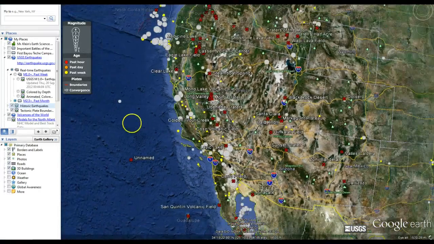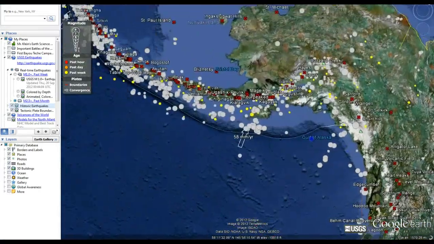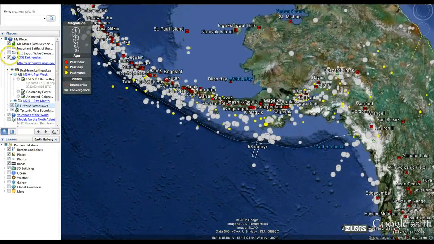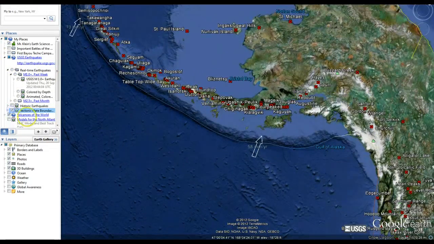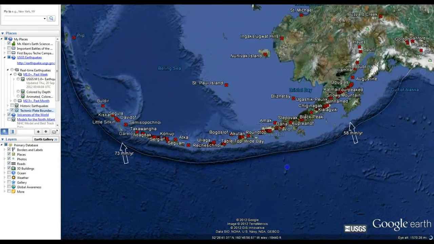Japan is the best example, and actually this is what we saw at the very beginning. Okay, so you see all these earthquakes and all these volcanoes. I'm going to turn off earthquakes for a second. Let's keep the volcanoes up, and let's look at the tectonic boundaries. Okay, so along this line you see the trench. The Pacific plate is here, the North American plate here. Okay, the volcanoes form right across here because it's pushing under, and the oceanic crust is melting, which forms a